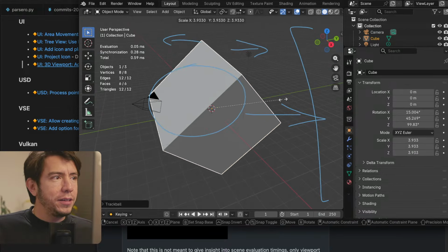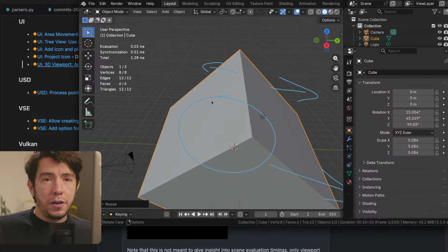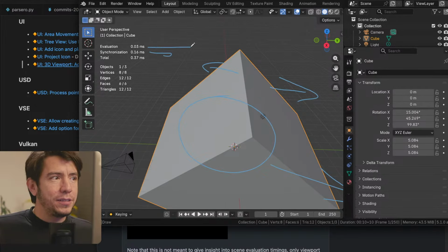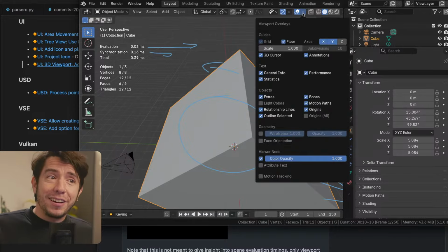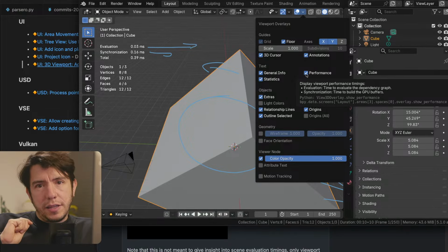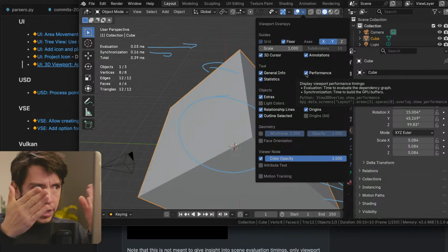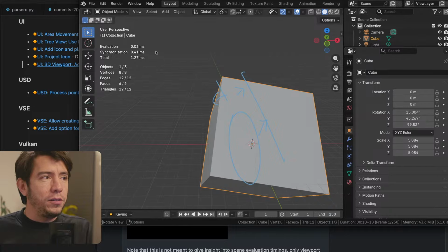And by default, it tells you, when you move around, this is how long it takes for Blender to draw the window, to synchronize. Well, this is the evaluation first, which is the depth graph, the dependency graph. And you can actually learn about this in the tooltip. So if you leave the mouse over, you will see evaluation, time to evaluate the dependency graph. So the modifiers, the action, the keyframe, everything. And then the time it takes to send it to the GPU to actually calculate and see what you see here. That's why it gets updated as you move around. And the other one only gets updated when you change frame.